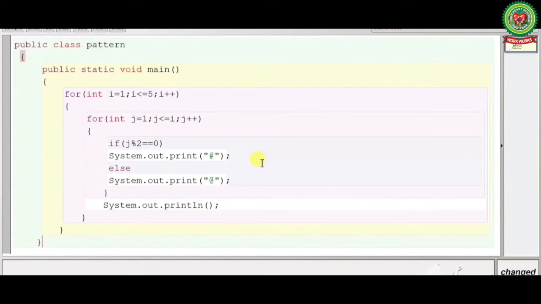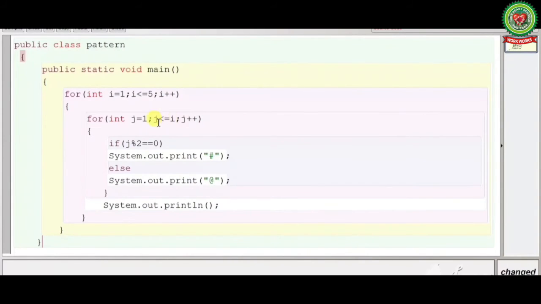Now we will understand the working of this loop. Now see, for int i = 1; i <= 5. Condition is true. The cursor will move to the next line, that is, it will enter in the inner loop. For int j = 1, j <= i, means 1 <= 1.